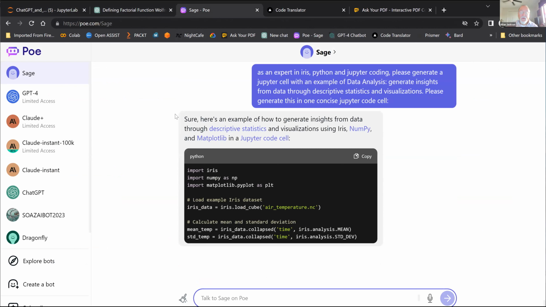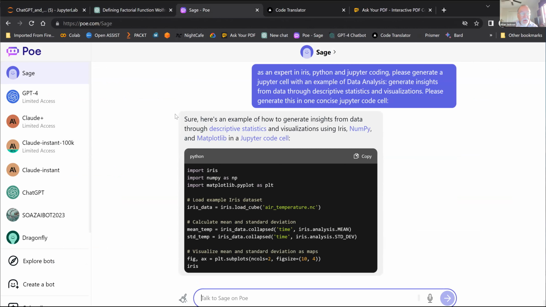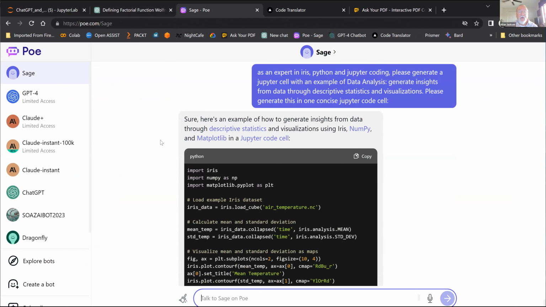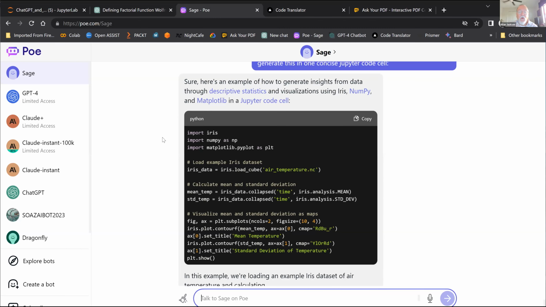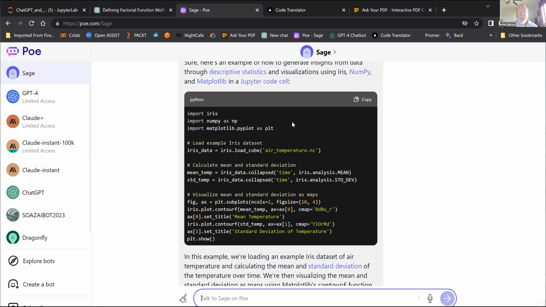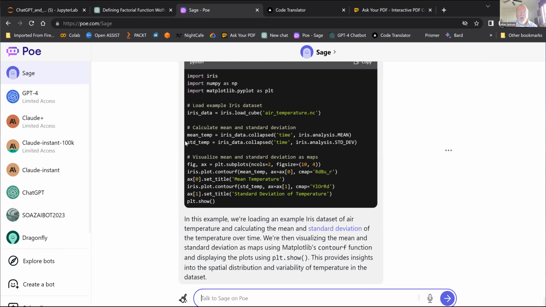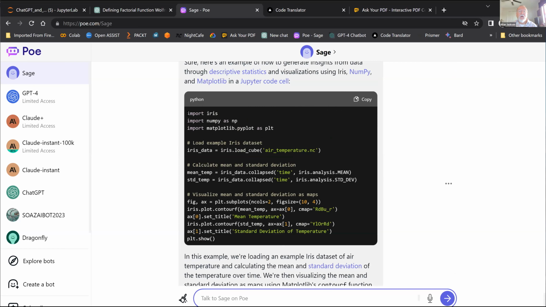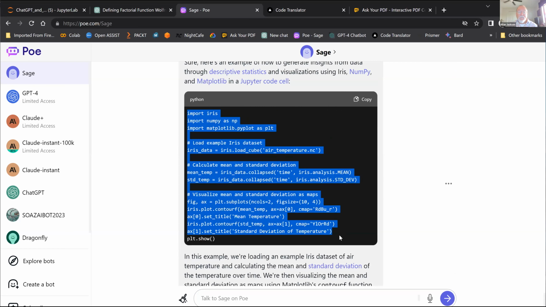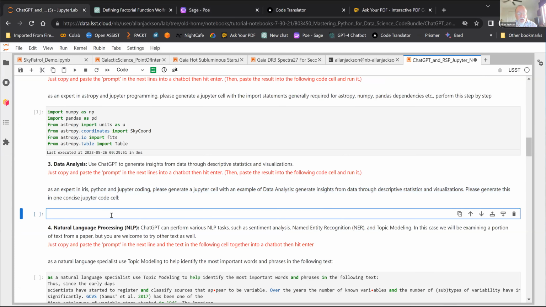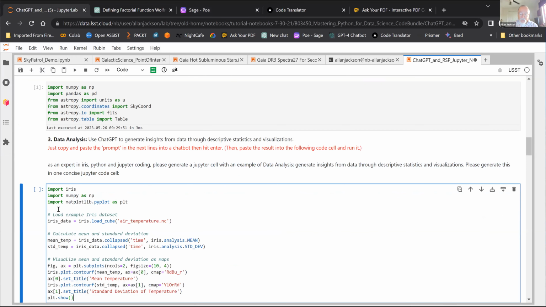Surprisingly, your selection of wording for the chatbots has a great deal to do with the quality of the output that you get. And of course, with the chatbot, you get an explanation of the code also. You can cut it, paste it back into the notebook, and then run it, see if it runs okay.